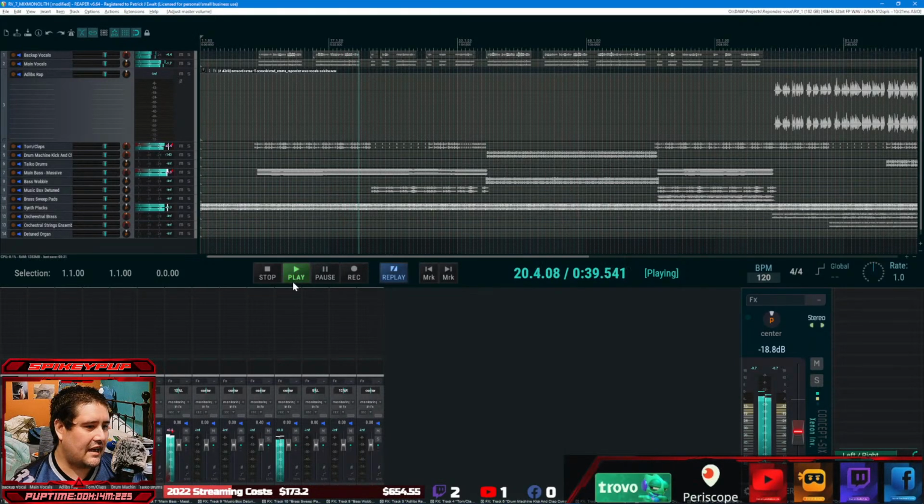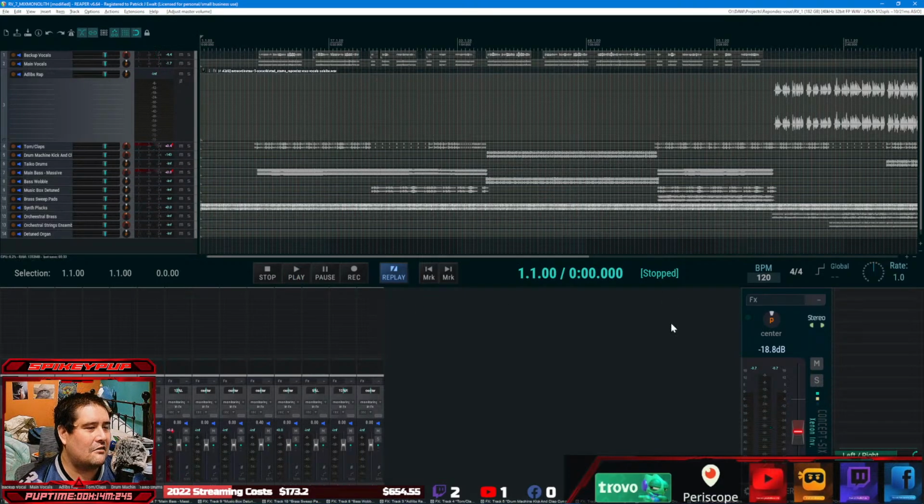Okay, so right away, I'm going to tell you right now that the bass is so loud that there's no way we're going to be able to hear anything. And this is a perfect example of how we're going to be able to use Mix Monolith to tame that. Now, what do you want to do when you start with Mix Monolith? Well, the first thing we want to do is,